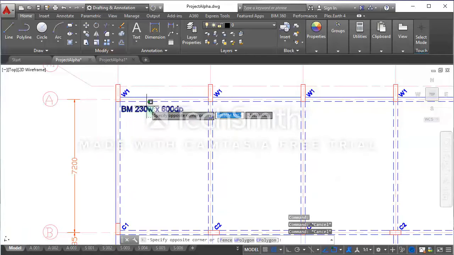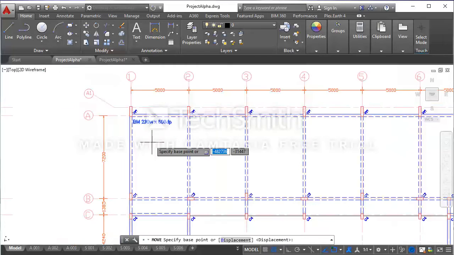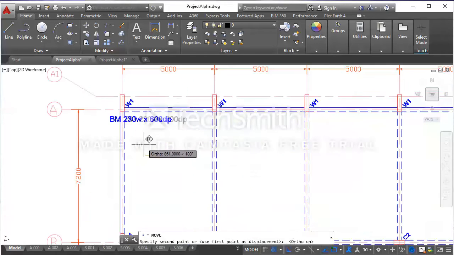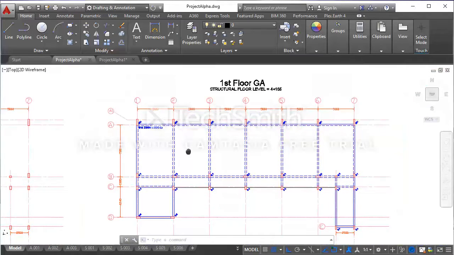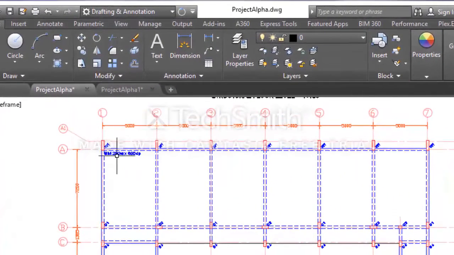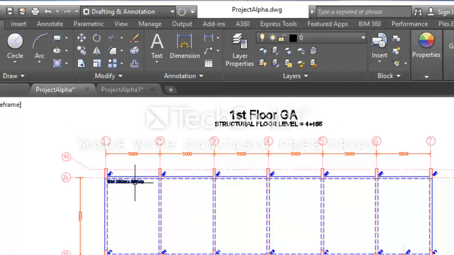Then I will move my label to be a bit closer to the grid line A. This beam label that is placed along grid line A represents the beam dimension of beam A1 to 7.